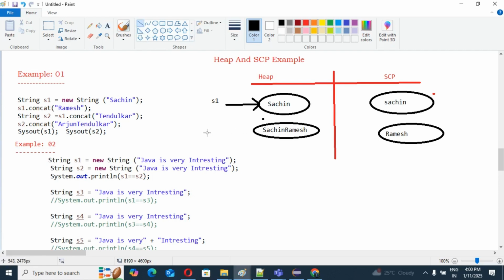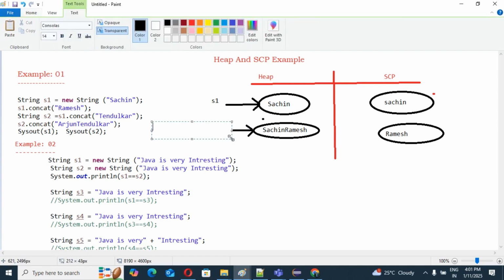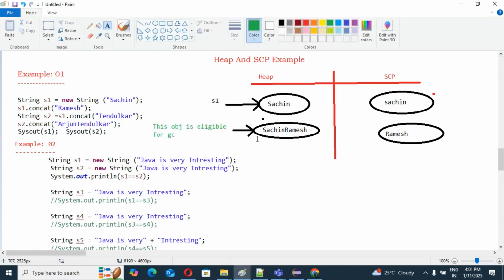I can write it here so you can remember it: this object is eligible for GC. GC means garbage collector. Correct? So this is all eligible for garbage collector.